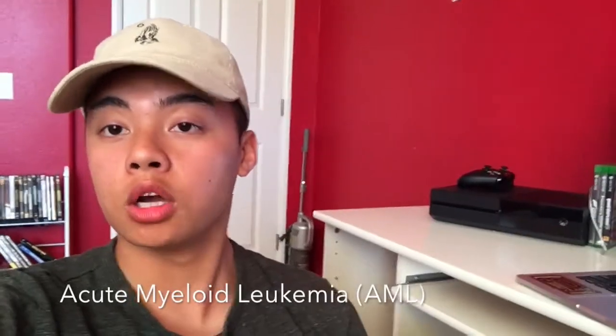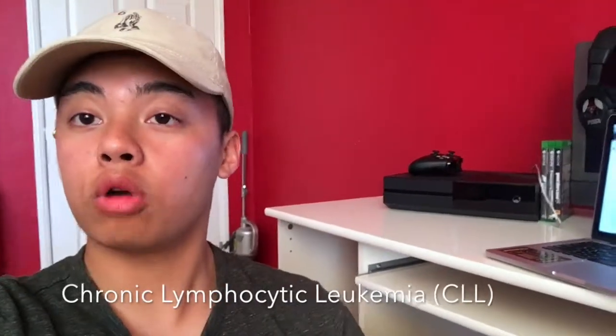AML, which stands for acute myeloid leukemia, is a condition in which white blood cells don't have the ability to fully mature. And without healthy white blood cells, the body is very, very prone to any infection. Since both AML and ALL are acute diseases, this means they metastasize throughout the body much more rapidly than chronic diseases. For example, CLL, which stands for chronic lymphocytic leukemia, is a slow-growing leukemic disease which can occur throughout years